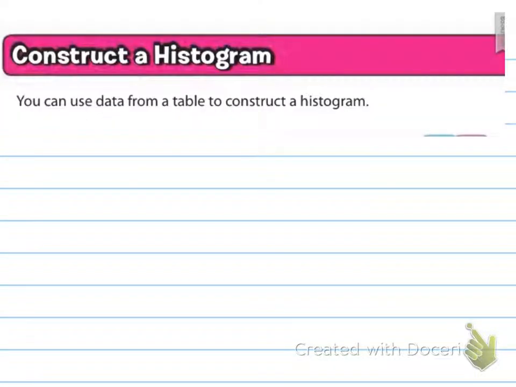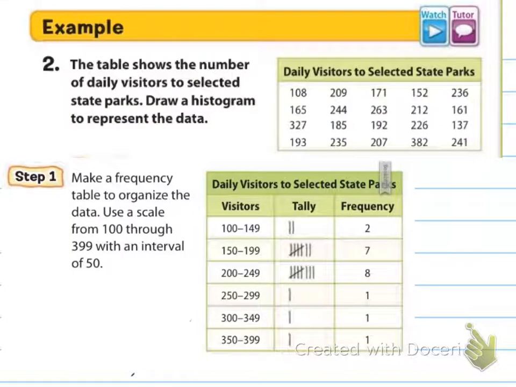So you can use data from the table to construct a histogram, and we're going to go step by step through that process. Example number 2 is going to walk us through it. It says that the table shows the number of daily visitors to selected state parks. Draw a histogram to represent the data. It's got a slew of different values over here. Step 1 says to make a frequency table to organize the data and use a scale from